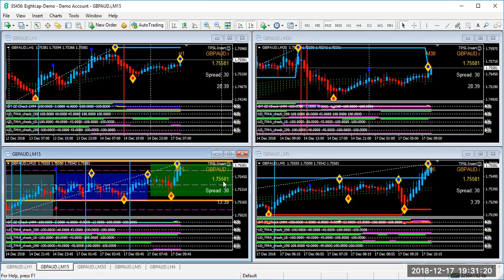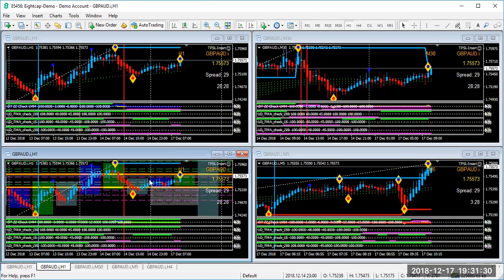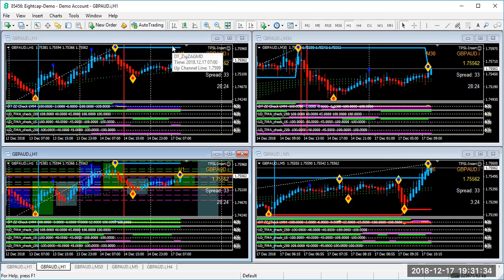Okay, so whenever I wanted to compare to the H1, because the M15 is right below it. Okay, so here I can see my H1 looks like that,